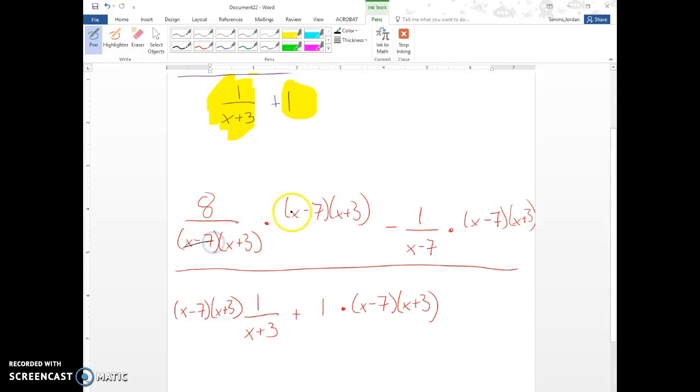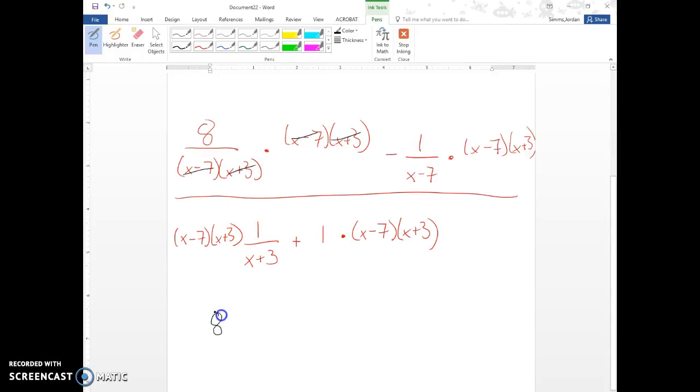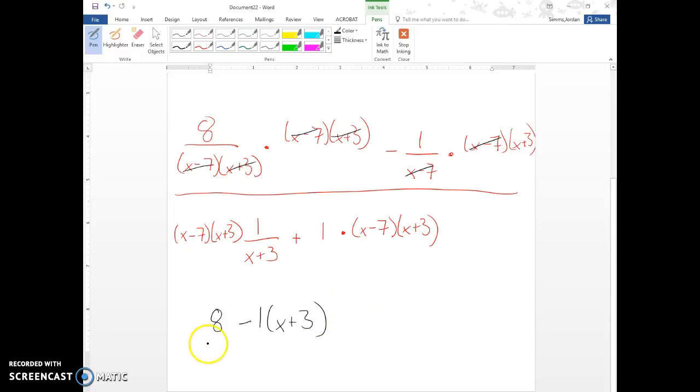x minus 7 is gone, x plus 3 is gone, so we're just left with 8 right here. Over here now, the x minus 7 can go away. I'm left with negative 1 times x plus 3. So I'll just write that out, negative 1 times x plus 3, like that. For now, I'll deal with that later. Downstairs in the denominator,